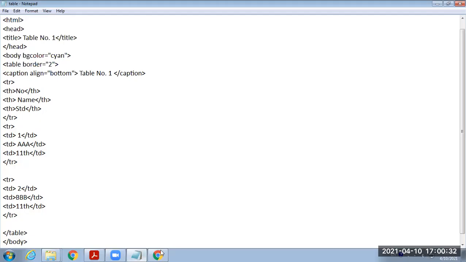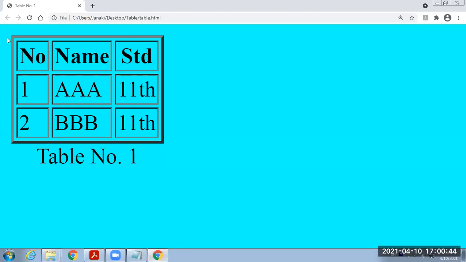Okay, now we used caption tag, we used table border, table row, table heading, and table data. Remember one thing, that when we use the table, that time we have to provide the border, as by default border is 0. Therefore, to display the outlines of that table, we have to specify the border value.